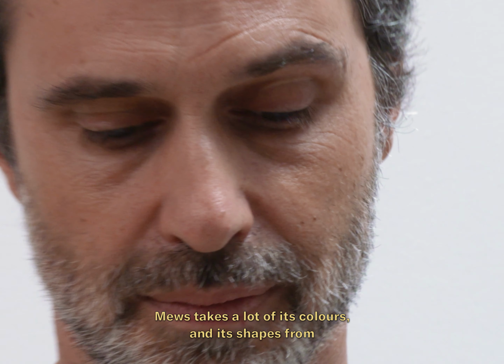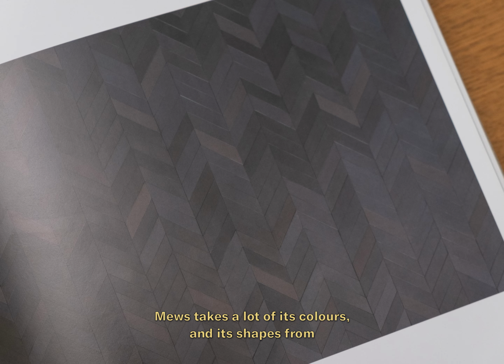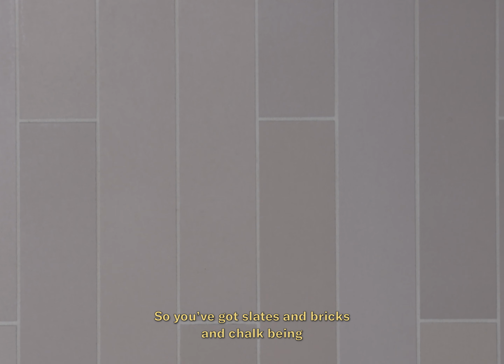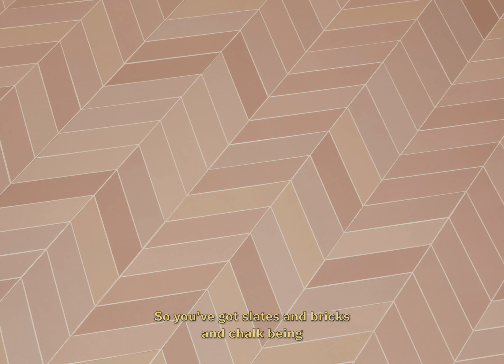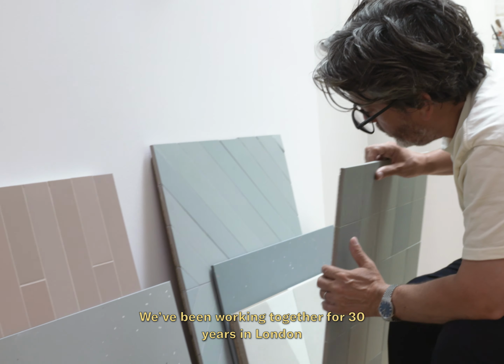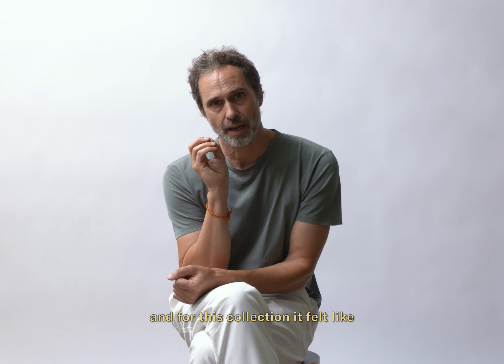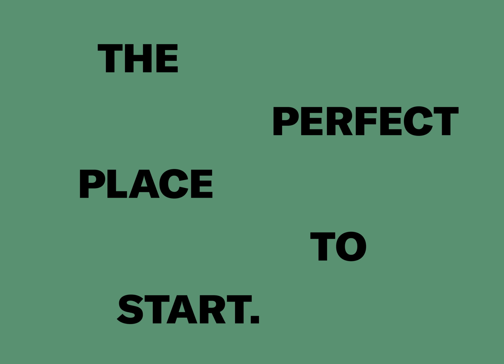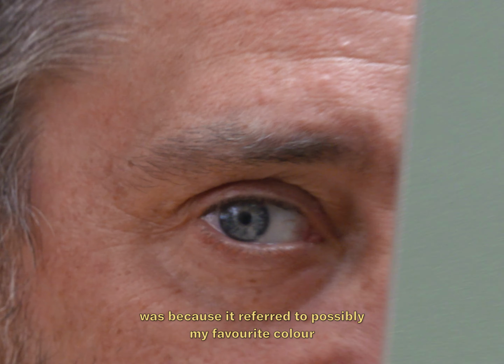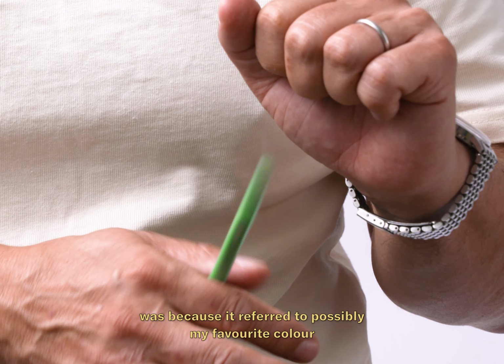takes a lot of its colours and its shapes from architectural elements from London. So you've got slates and bricks and chalk being the mortar between the bricks. We've been working together for 30 years in London, and for this collection, it felt like the perfect place to start. The reason I chose ink as a word was because it referred to possibly my favourite colour of my